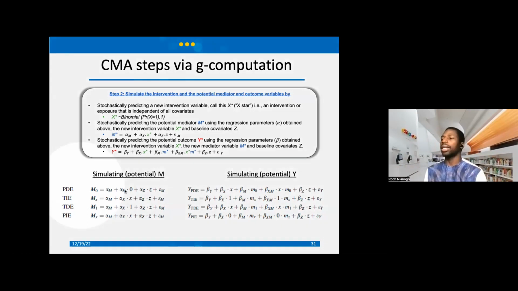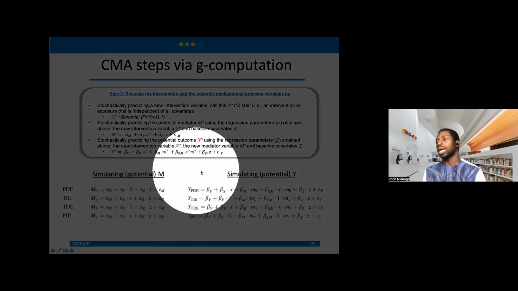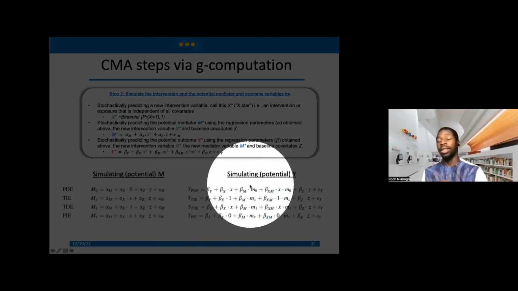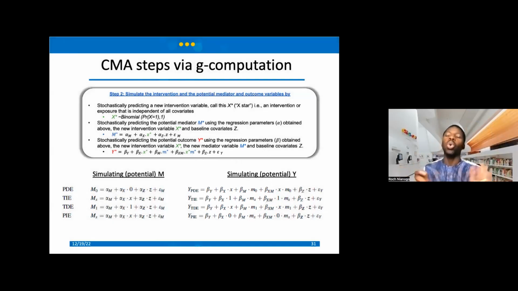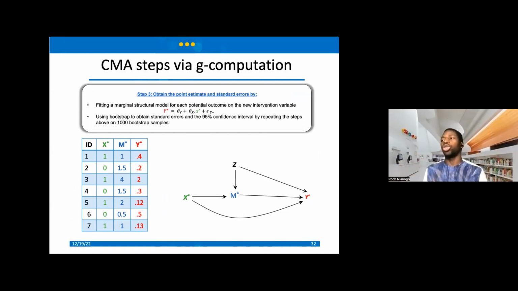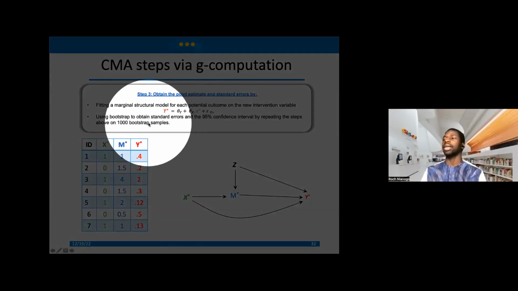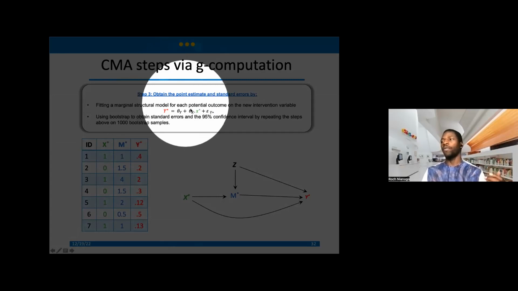And now to calculate the Y, you just use that M0 here, where whenever you have M in the regression model that you have already estimated above, you just take that value and plug it there. And as relates to X, X is a totally random variable. It's basically the new X, the X star that you just replace it with. That's basically what you do. And at the end, you would fit what we call a marginal structural model, meaning you would fit a model in which you don't have any other covariate, right? This is what you have here. You would just fit the last stage regression, Y star as a function of X star.